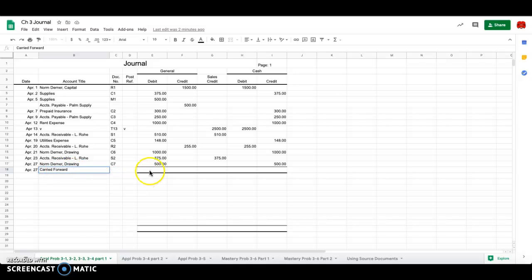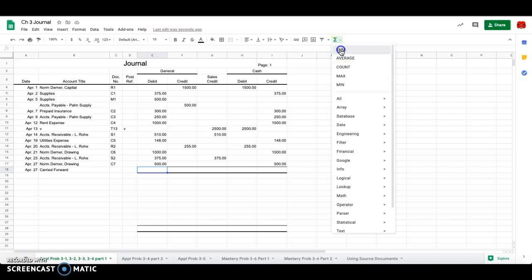So what we're going to do now is add up the columns of this journal. I've created these spreadsheets for you. I don't know if any of you have done anything with Excel spreadsheets, but these are Google spreadsheets, pretty much the same thing. I think this will help us a little bit. You can click on this, which is called a cell, and then go right up here to this little backwards E and click on the sum function,